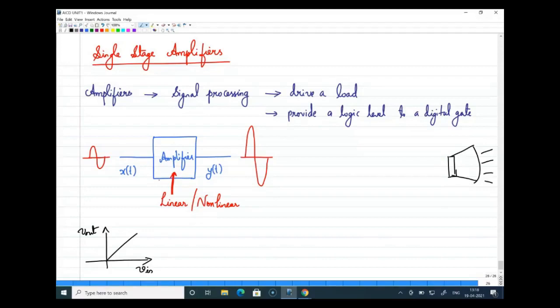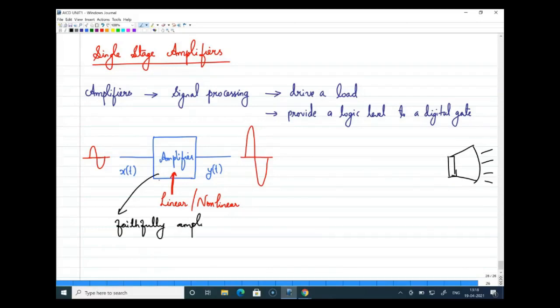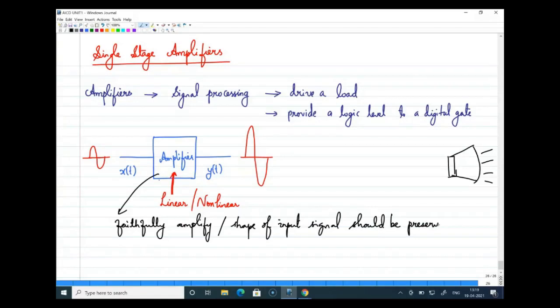Yes. Or to make it clear in the context, why I asked whether it can be linear or not is just to ask, when you are providing a signal to an amplifier, what we expect from the amplifier is it should faithfully amplify the signal. When I say faithfully amplify, the meaning is the shape of the input signal should be preserved. Shape of the input signal should be preserved. So that is possible only when